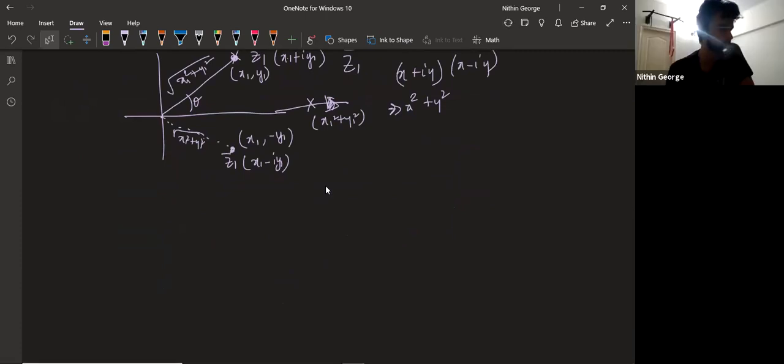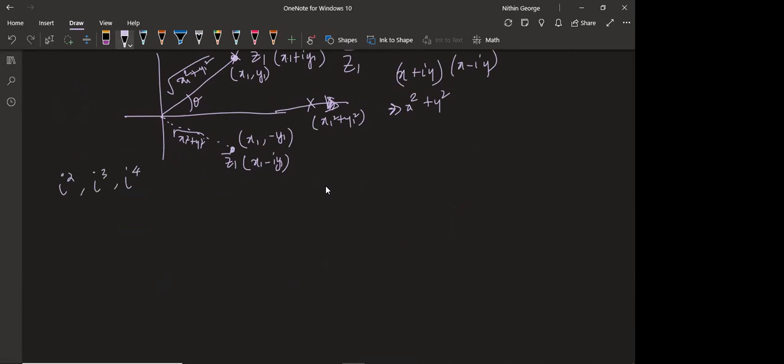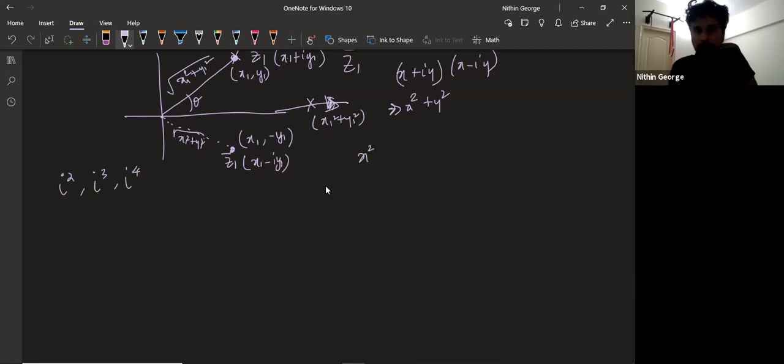Okay. So this much you should understand. And what do we have? I hope all of you know this. Tell me. Sir, how is it x1 square plus y1 square? Should be minus, no? No, it will be x1 square. When I multiply both, it'll be x1 square minus i square into y1 square, right? That is a plus b into a minus b. So you get x1 square minus i square into y1 square. I square, I'm telling, is minus 1.